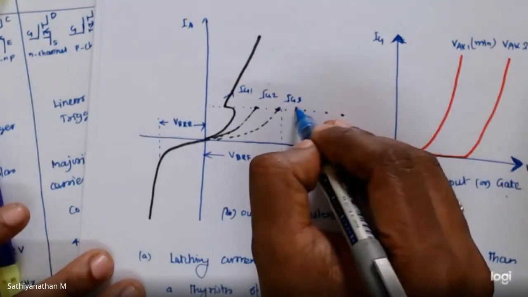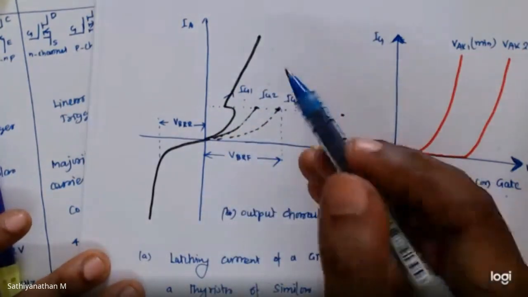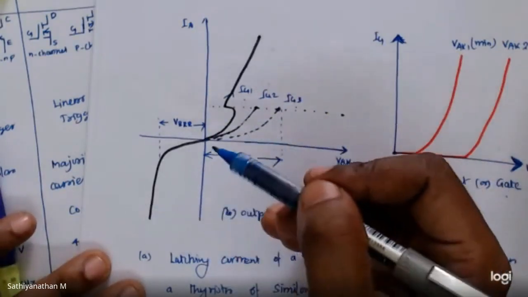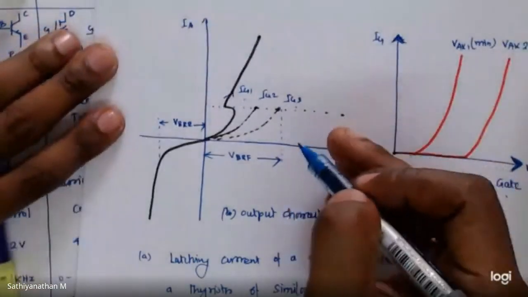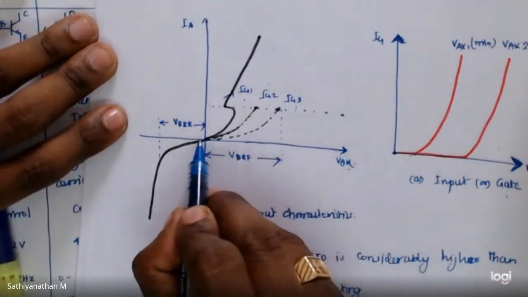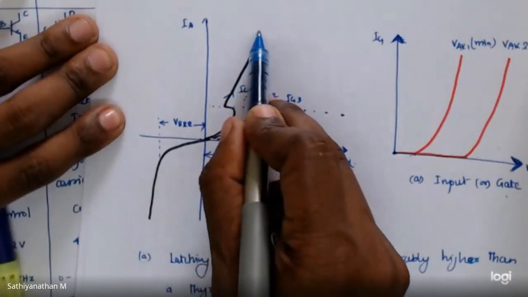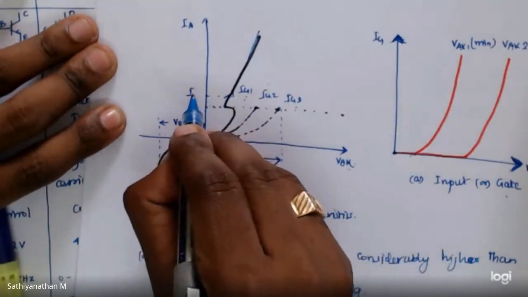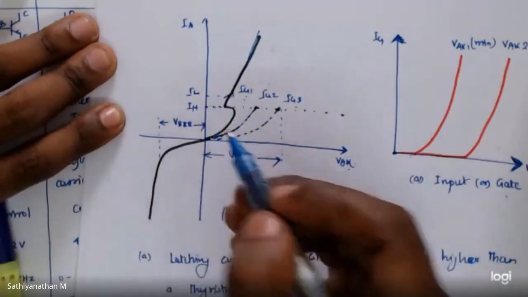So the gate current magnitude decides the turn on time period. Okay, also the anode cathode voltage magnitude will also decide the conduction period of the device. Okay, so like an SCR, you have the increase in voltage magnitude, and when you apply gate current, a sudden rise in current takes place. So this current magnitude is classified into two. One is the latching current, another one is holding current. You know the difference between latching and holding current.